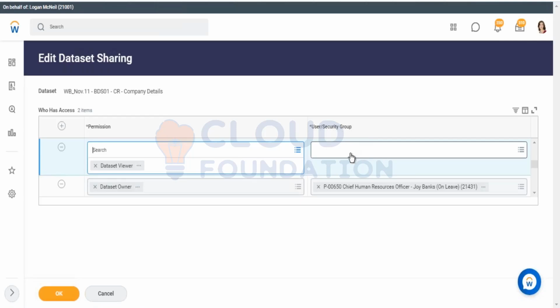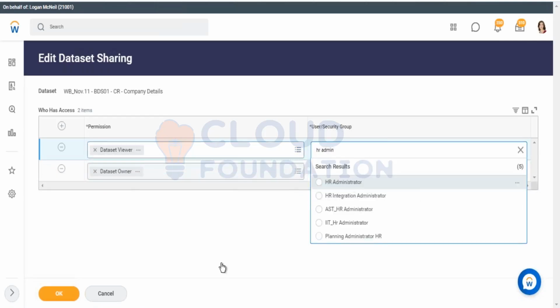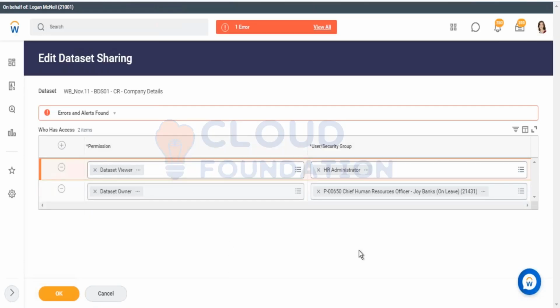There's a dataset viewer and HR admin. Now it gives me that error, right? So you'll only be able to share a role or a permission with a user or a security group who